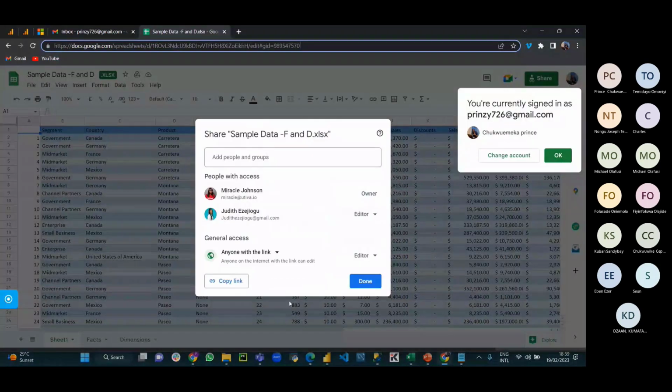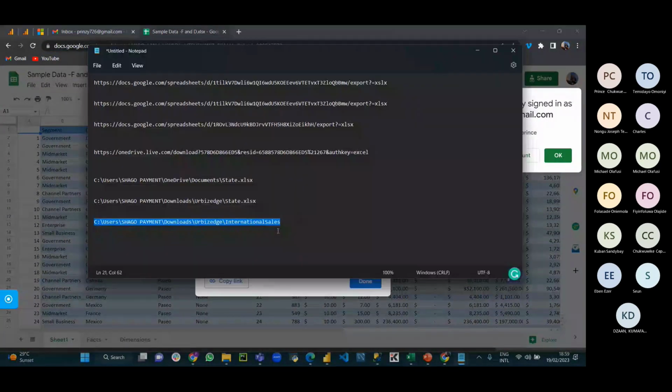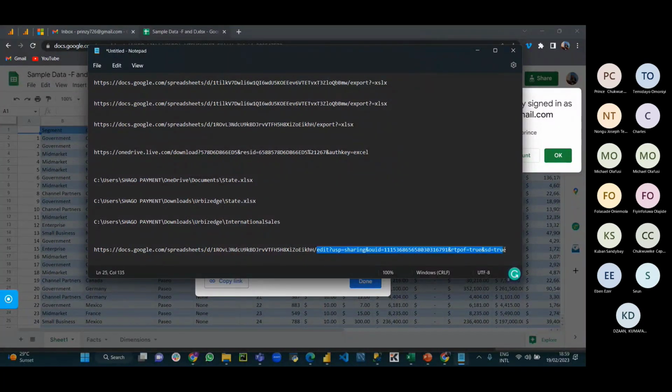So I was trying to talk about how to connect to a Google Sheet file. My network was really disturbing, but this is how to connect to it: either you use the connector, which I don't like using. Basically, I don't like using the connector. So what I do is that I just edit this aspect of my data. If I connect to it, edit it, then I export it. Export equals question mark, then I say I want to export it as an Excel file. So this is the extension for an Excel file. So if I click on this,